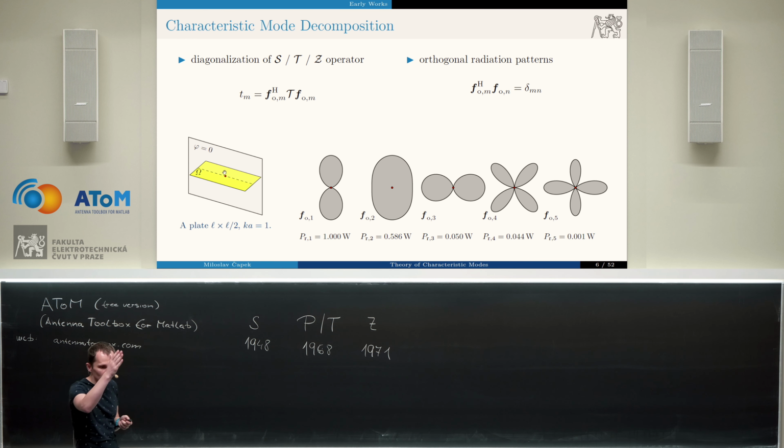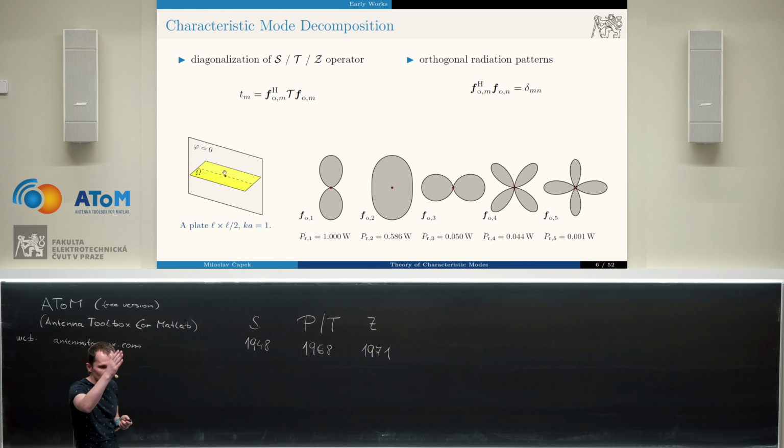So imagine that you have your rectangular plate, then a is the radius of the smallest circumscribing sphere in which you can entirely place your rectangular plate, and k is the wave number in vacuum. So this is ka, and for ka equal to 1, here are the